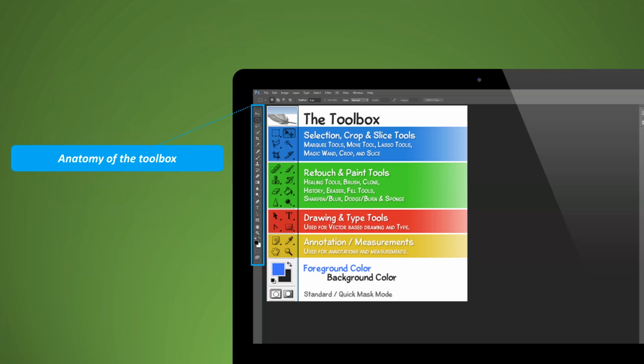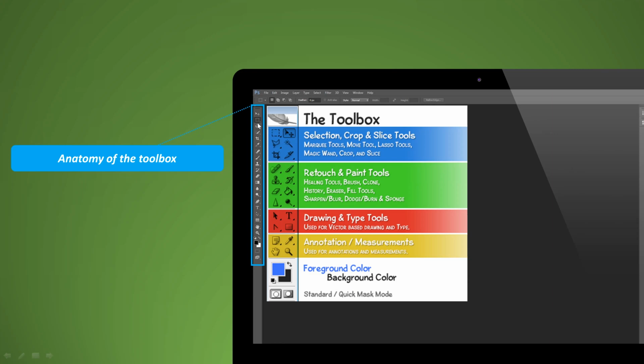If you jump into Photoshop, when you open Photoshop, this is the toolbar, and the tools are arranged in such a way that there are separate groups for each of them. On the top, the very first, because that is how Photoshop derives it, because when you start to edit an image, first you need to know what you want to edit. You have to visualize that, okay, I need to make this image look like that. You should have a vision.